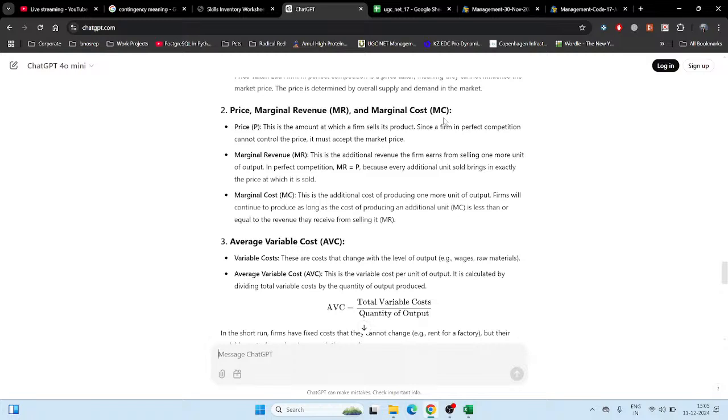Selling one more unit of output. Marginal revenue is the additional revenue the firm earns from selling one more unit of output. So MR is equal to P, the price, because every additional unit sold brings in exactly the price at which it was sold. Marginal cost, MC, is the additional cost of producing one more unit of output. Firms will continue to produce